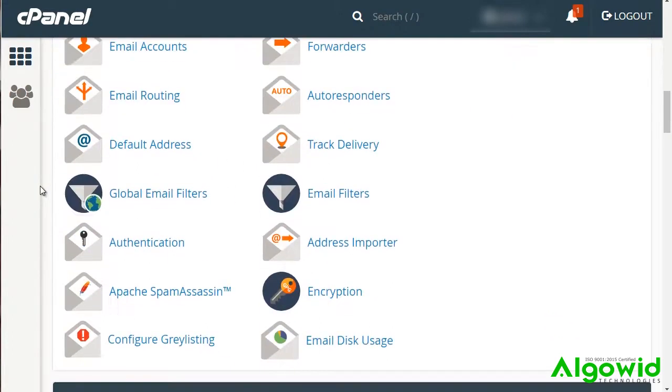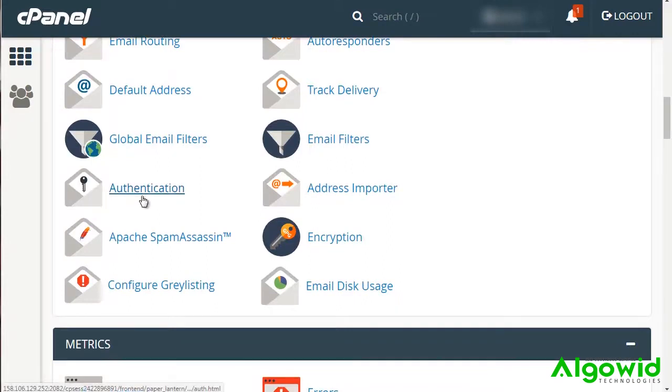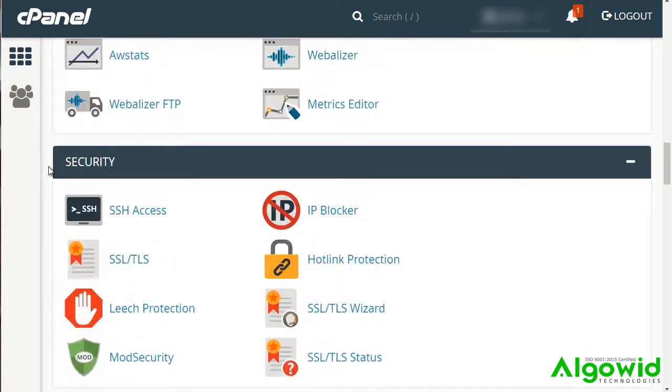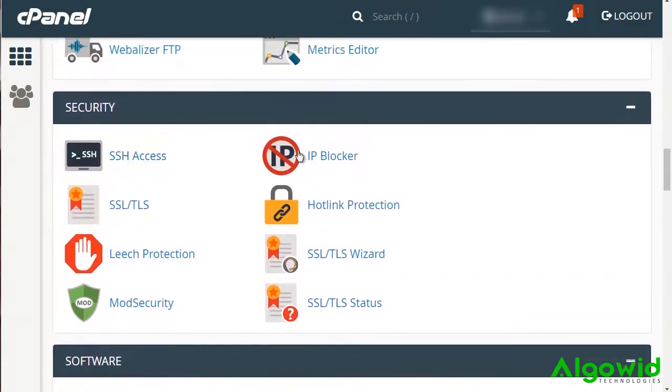We have email authentication, which we'll talk about more later. And we'll have SpamAssassin, which will enable you to protect your email address from spam. Then we have metrics like AWStats. There's other metrics as well, but these are different types of stats. And then of course you have security, and then IP blocker allows you to block IP addresses, and hotlink protection